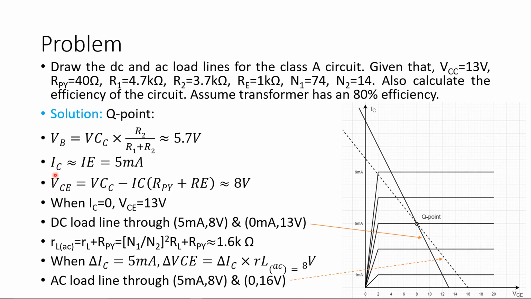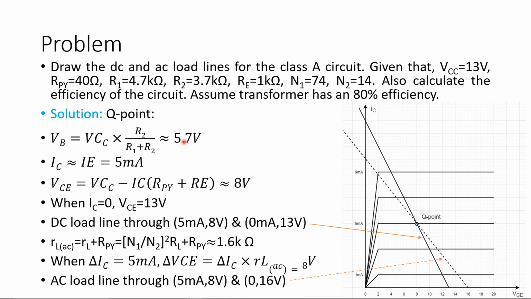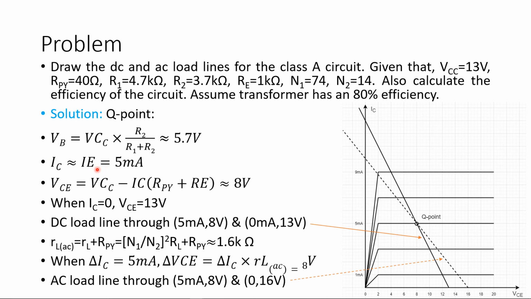So what we are finding here is collector current equals emitter current equals 5 milliampere. This comes from this. See that we have the base voltage as 5.7, and to turn on the BJT, the base to emitter voltage should be 0.7, so you can get the emitter voltage. With the help of the emitter voltage and this emitter resistance, that is 1 kilo ohm, the emitter voltage becomes 5 volts. 5.7 minus 0.7, you get 5 volts at the emitter, divided by 1 kilo, you get 5 milliampere as emitter